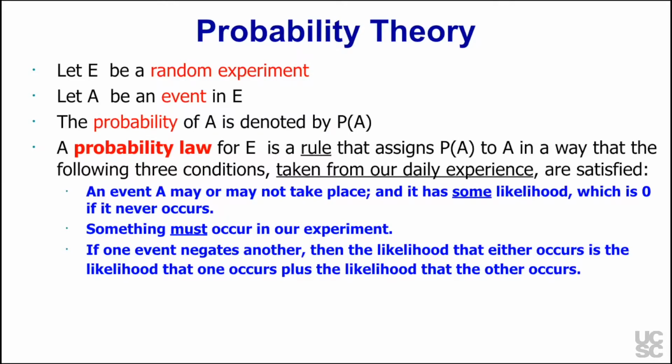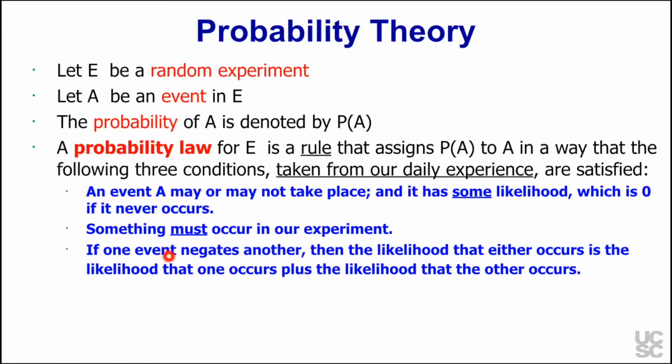And those 3 conditions are that an event A may or may not take place, and it has some likelihood of taking place. And that likelihood we define to be 0 if it never occurs. This definition of 0 for events that are impossible is for convenience. We could have chosen 1,000, 15.5, or some other strange number, but it makes much more sense to use 0 as the probability that something doesn't ever occur. Another intuitive concept is that something has to take place in our experiment. And then last but not least,